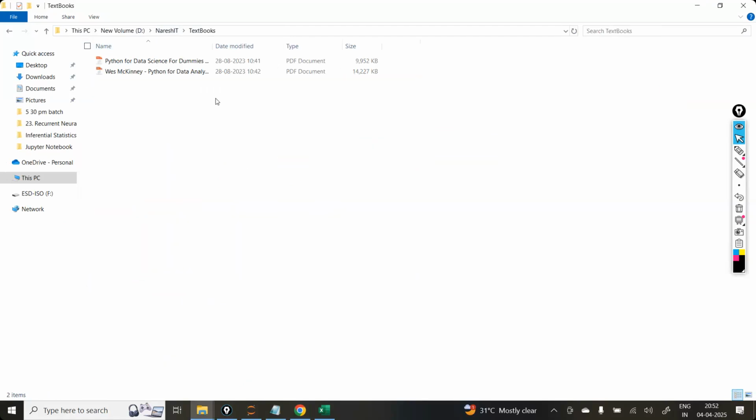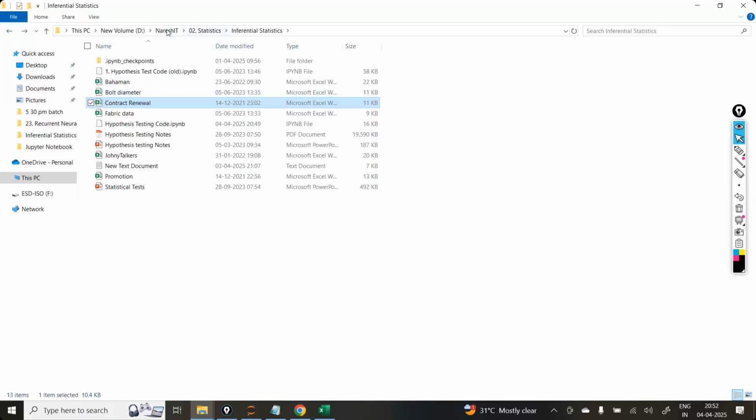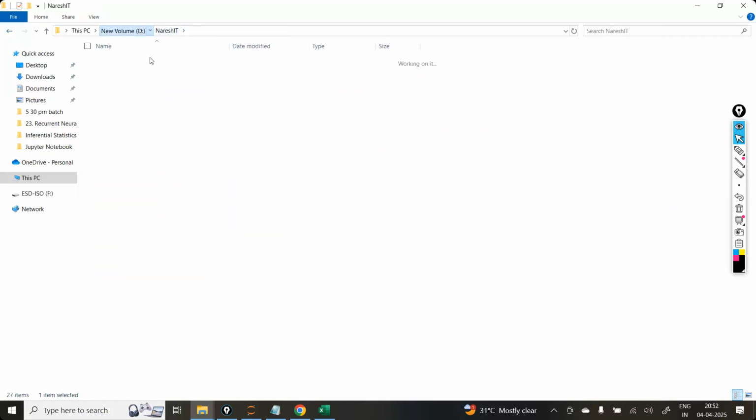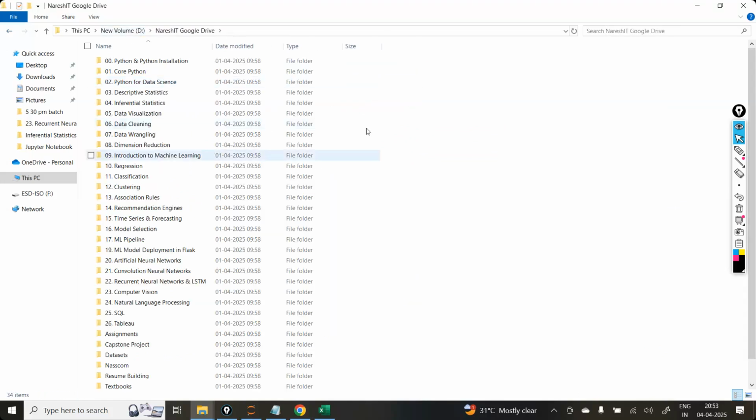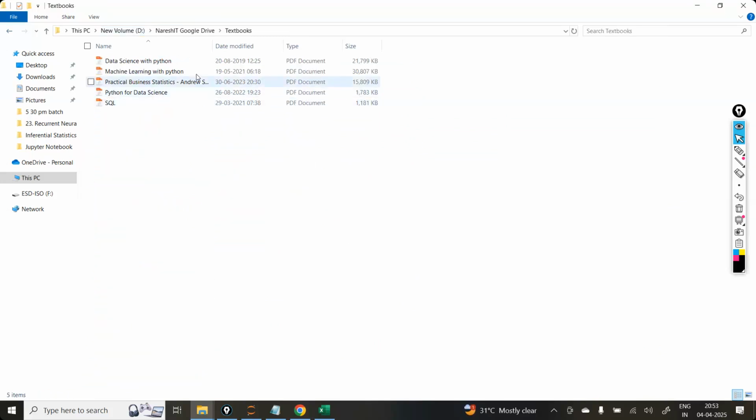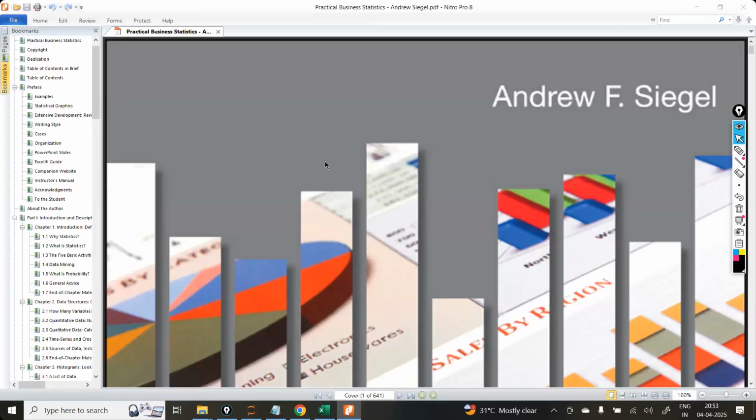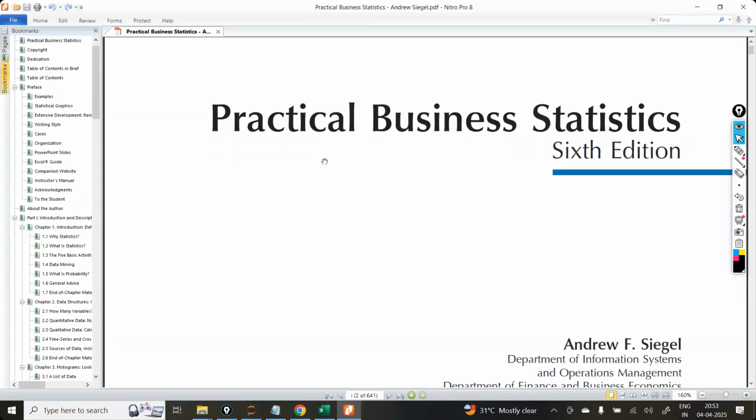In this folder, you can find the textbooks in the Google Drive. So this one I'm going to share it to you, and this is the textbook. Okay, a statistics related book for your reference purpose. So in this book,